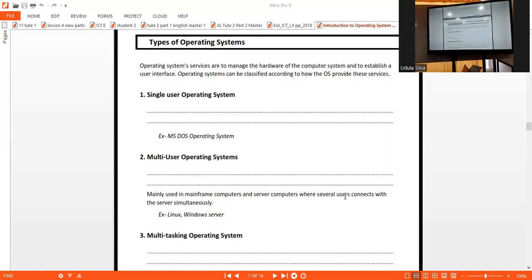Right. Number two, multi-user operating system. Multi-user again, right? They allow multiple users to do multiple tasks. What are these? Servers. Mainframe operating systems, mainframe computers. They allow multiple users to log into the computer at the same time and perform